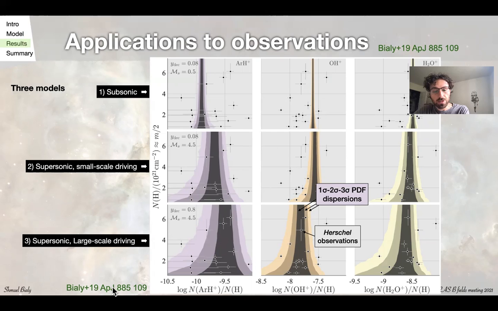This is described in this 2019 paper, where we observe argonium, ArH+, OH+, H2O+, and atomic hydrogen, and we compare the observations from Herschel to models with different sonic Mach numbers and driving scales, and we favor models that have large driving scale and supersonic turbulence, which relates to turbulence that's driven on large, perhaps galactic scale